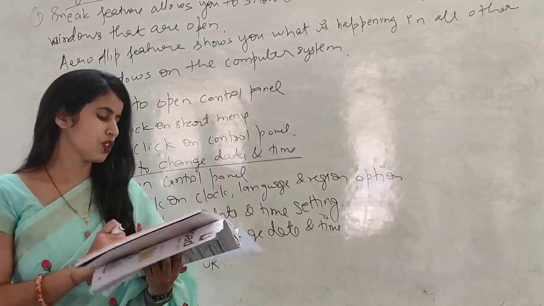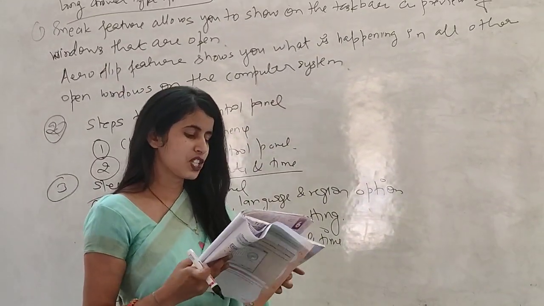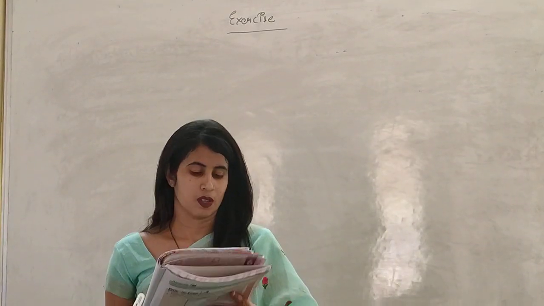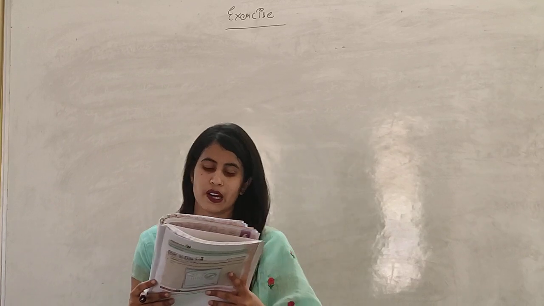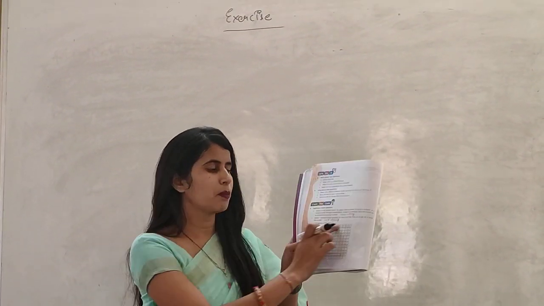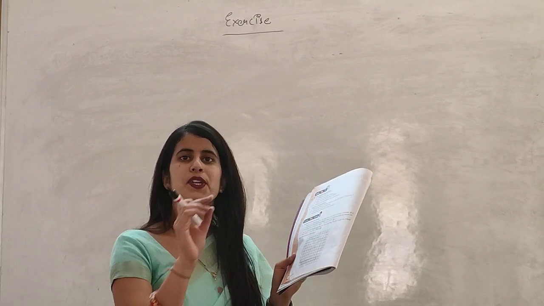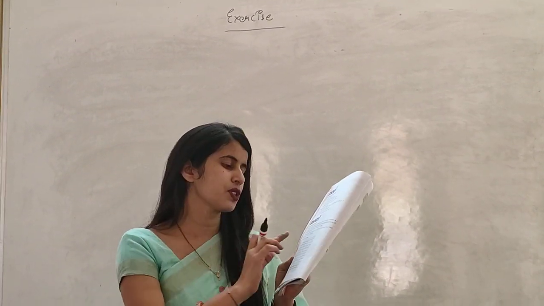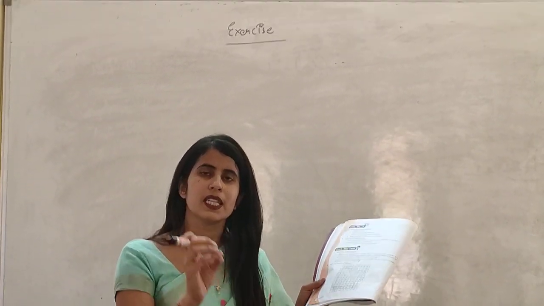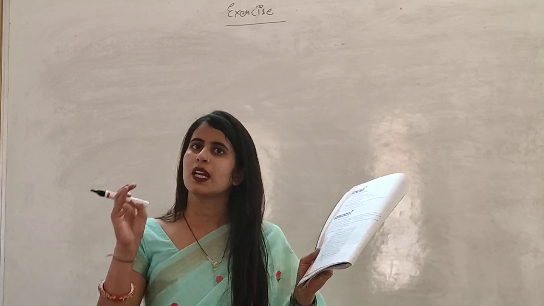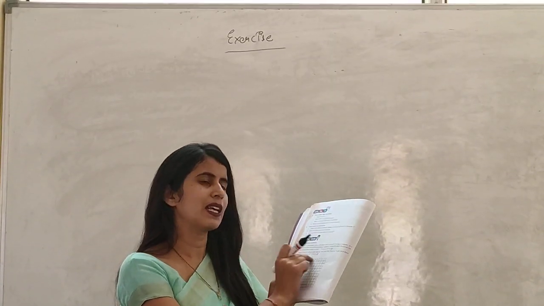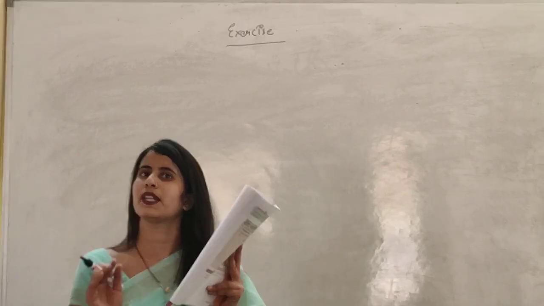Now next question is application based questions. We have already done application based questions. Now we will do circle 5 features of Windows 7. A table has been given to you and you have to circle the 5 features of Windows 7. You know the features of Windows 7. They are sneak, snap, shake, arrow flip, jump list. So you will find all these features inside it and you will encircle them. This work you all can do at home.